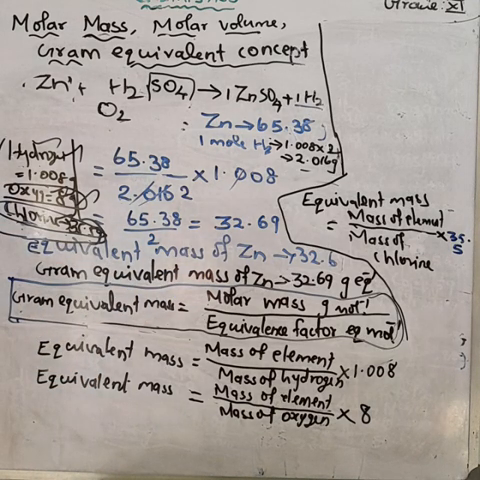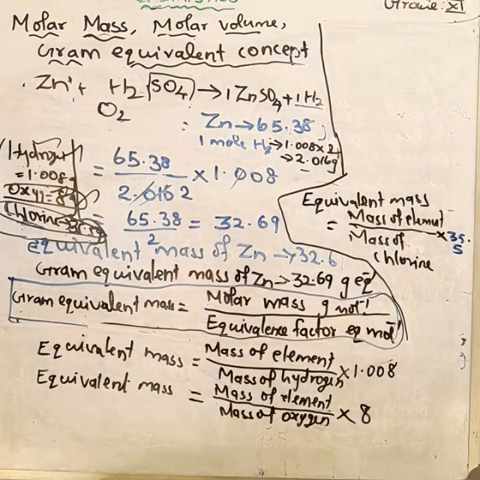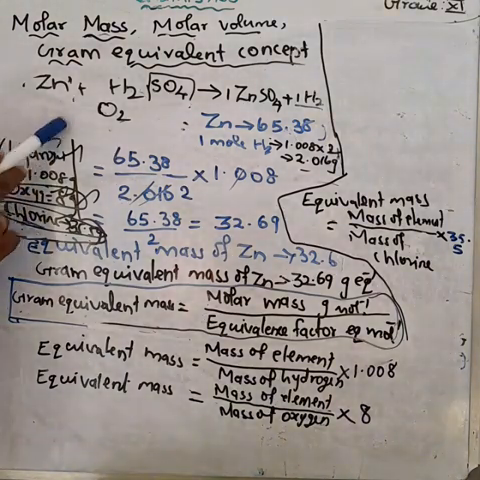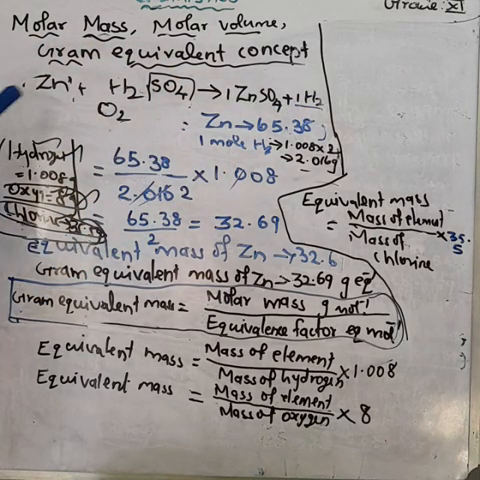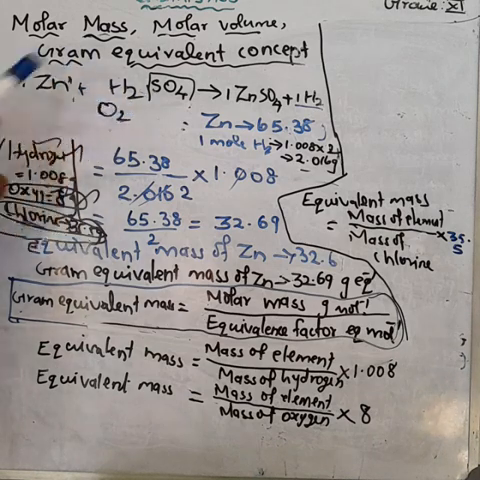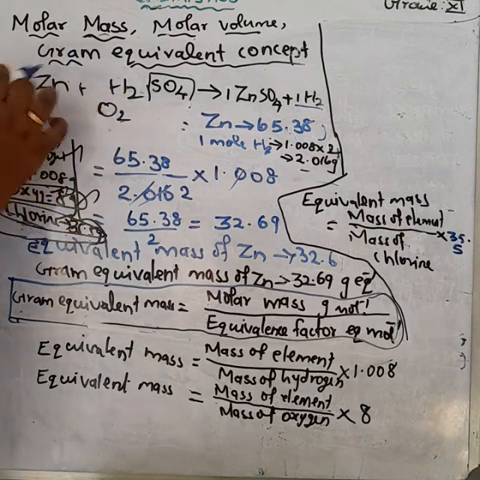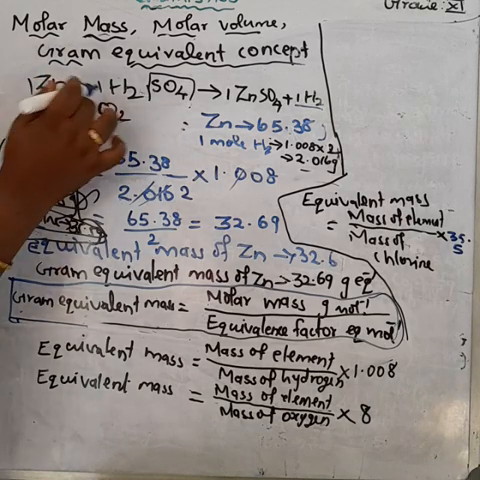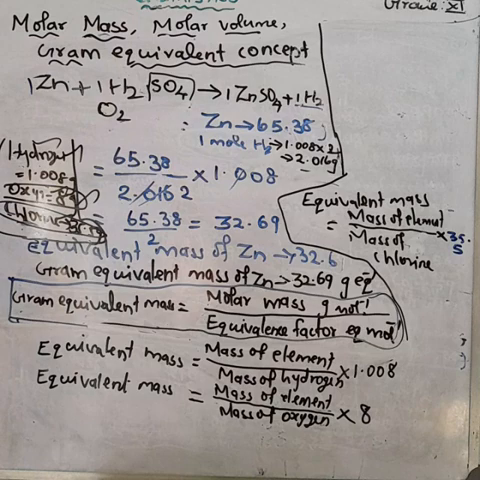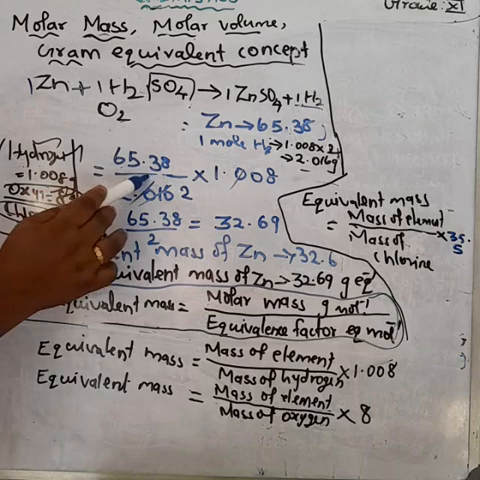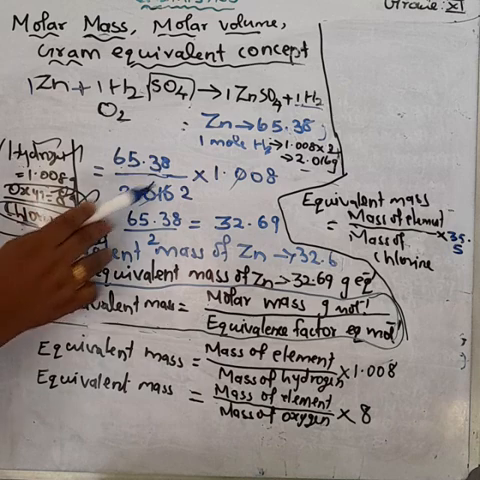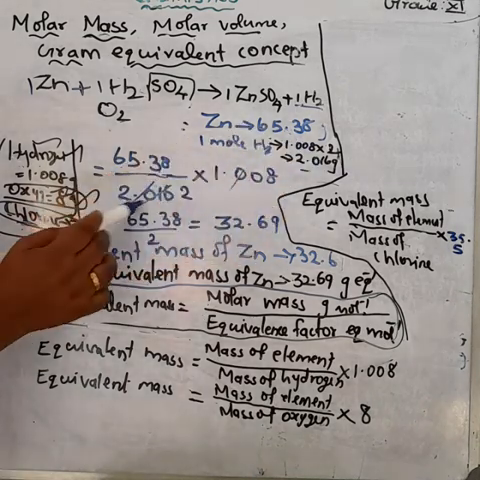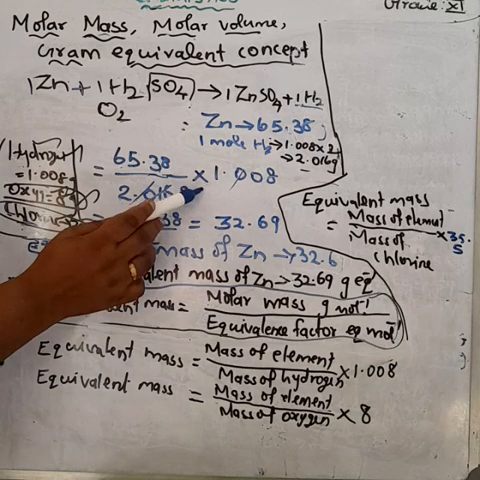Understood? So for this reaction, zinc plus H2SO4 gives zinc sulfate plus hydrogen. In this reaction, zinc displaces the hydrogen. 1 mole of zinc displaces 1 mole of hydrogen molecule. Here the mass of zinc we know is 65.38. 1 mole of zinc, 65.38 gram, divided by 1 mole of hydrogen molecule, that is 2.016, into the weight of the hydrogen given,